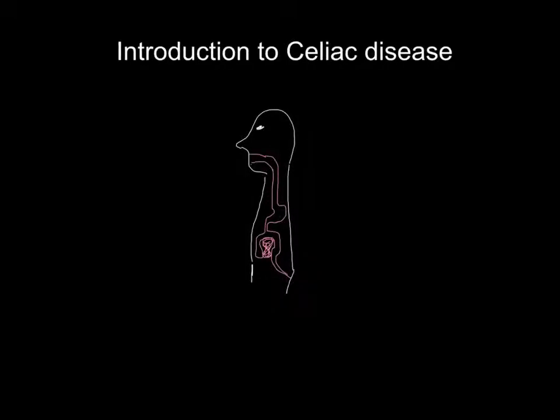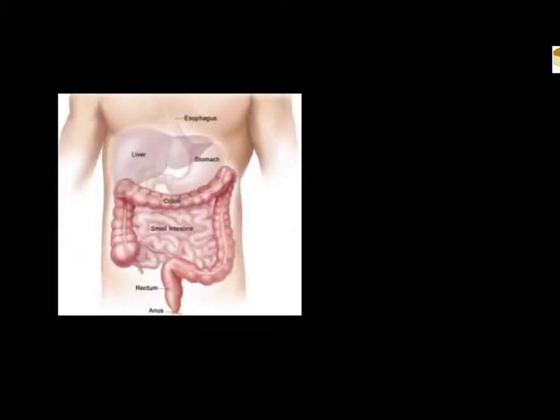Hi guys, today I'm going to do an introduction to celiac disease, also called celiac sprue, focusing on the pathology of the disease. Celiac disease is characterized by damage to the proximal small intestines, or the early part of the small intestines, such as the duodenum,